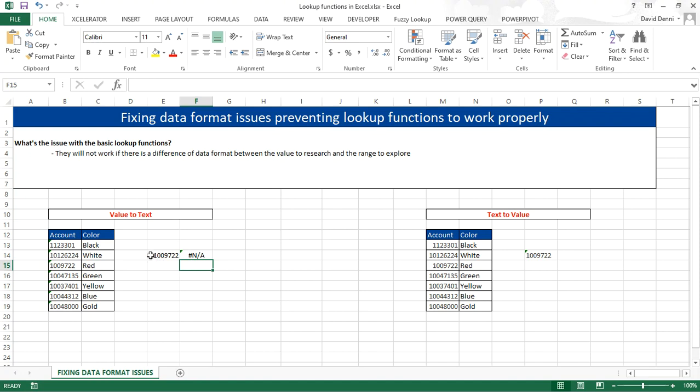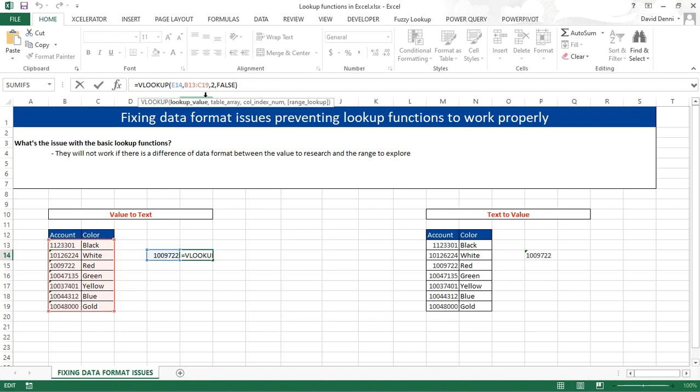We need to convert the value here to text to match the format of the account list in our dataset. To do so, we're going to go back to our VLOOKUP formula and convert cell E14 to text using the TEXT function. TEXT, open parentheses, E14, comma,